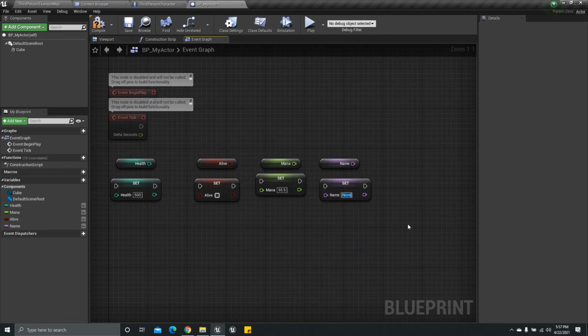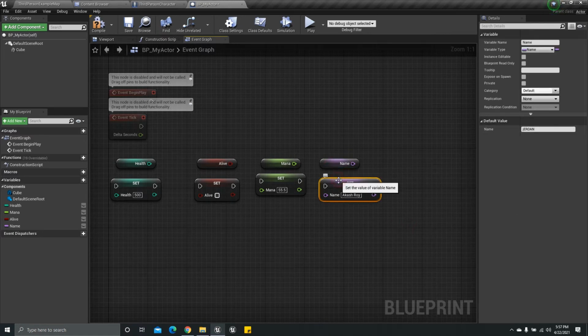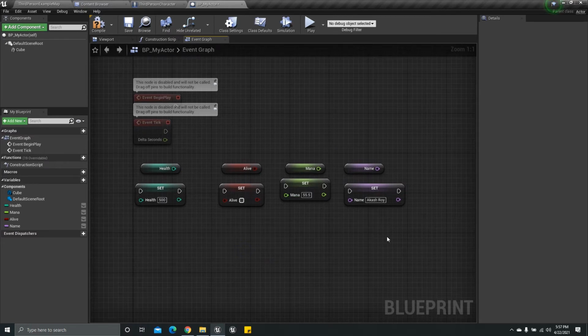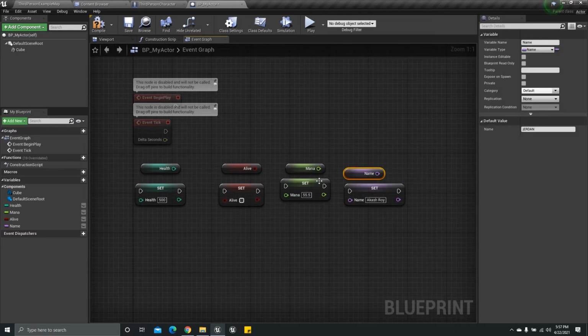Okay, so in the set I put my name Akash Roy. In here I have the Jaden, and in this set one I have the Jaden, but I'm going to overwrite it using this Akash Roy one. We'll get to know all these things in the next one. Don't worry.